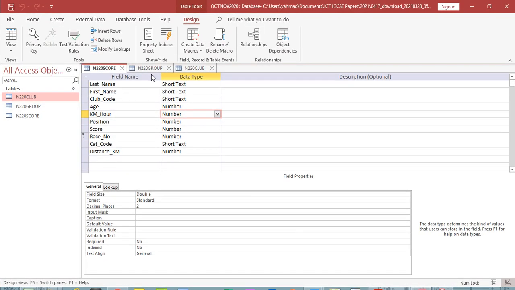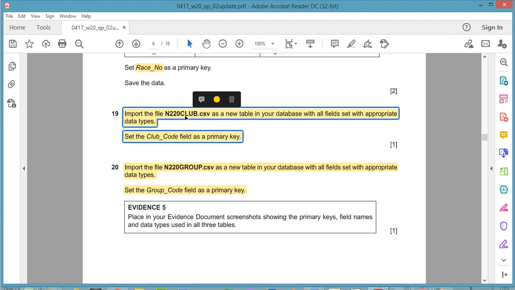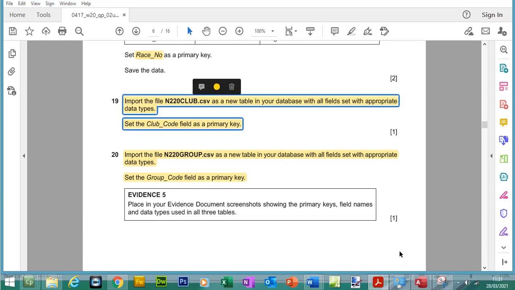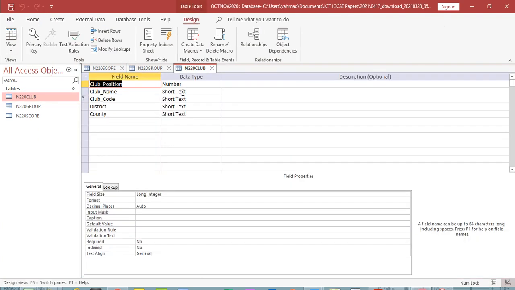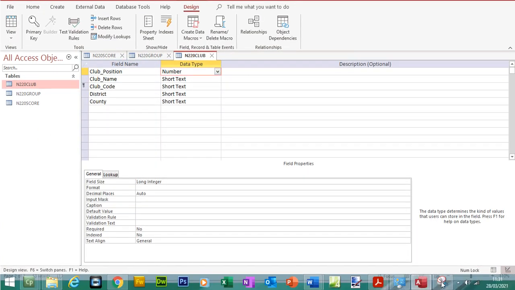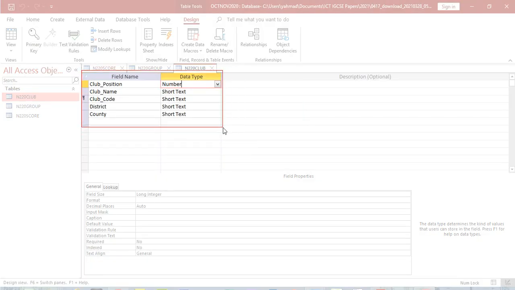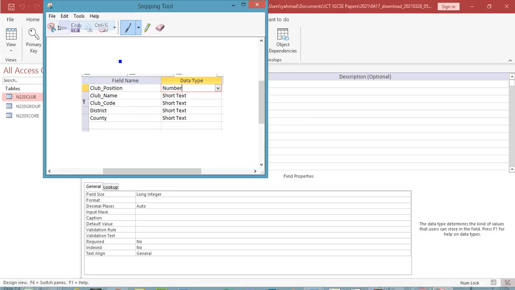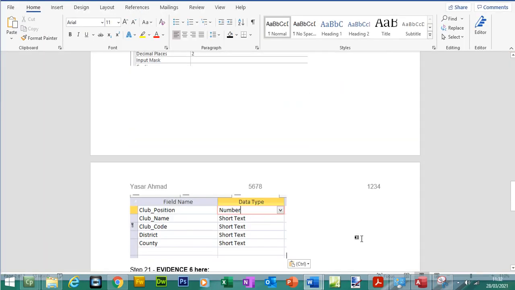We now need to take a print screen of the second table. We'll do it in order as shown in the exam paper. So we can go to club, design view. Okay, let's take a screenshot. We didn't change anything here, so that will do. Okay, and